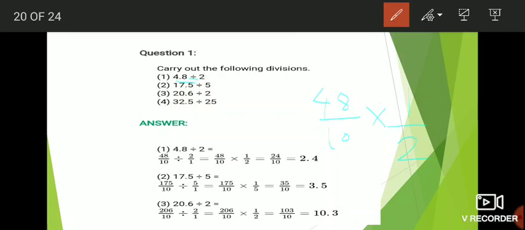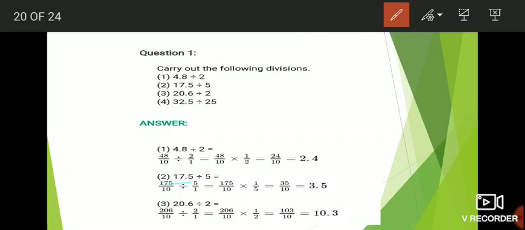Reciprocal means what? The numerator term goes to the denominator and the denominator term goes to the numerator, students. Okay, here 2 upon 1 is there. When instead of the division we are writing the multiplication, then we have to take the reciprocal of the second number. Reciprocal of the second number, that is 2 upon 1, means 1 upon 2. Okay, now here 2 1s are 2, 2 2s are 4, 2 4s are 8, means 24 upon 10 is there. After here how many zeros are there, students? Yes, only 1 zero is there, so count 1 digit here only, that is 2.4. Yes, correct answer.